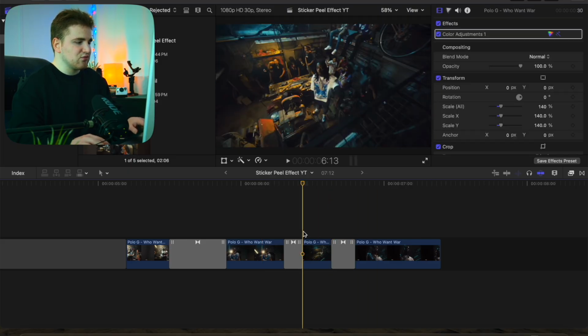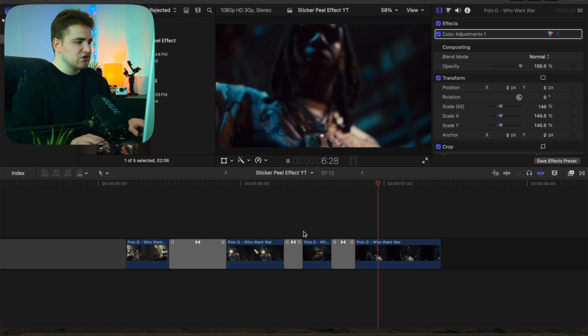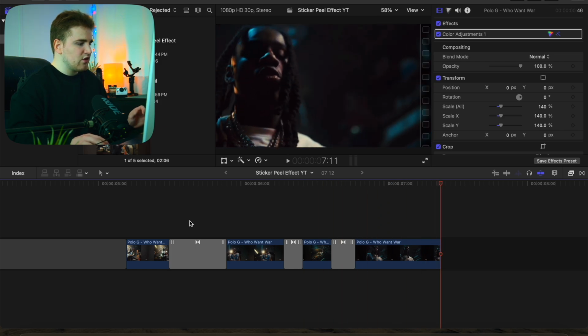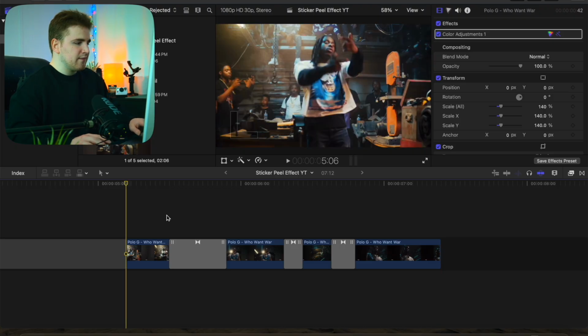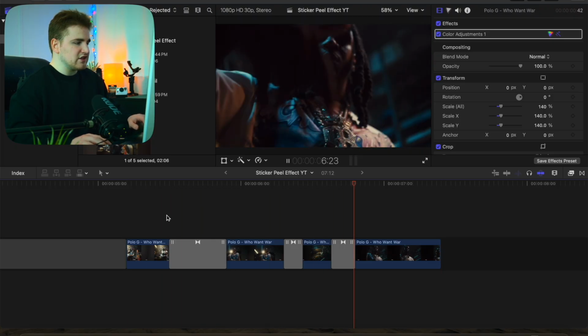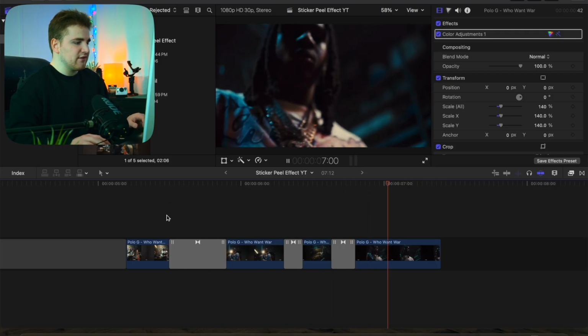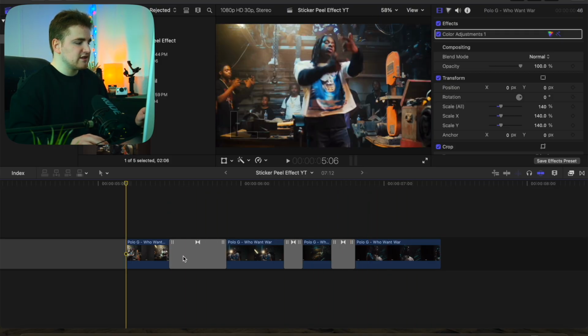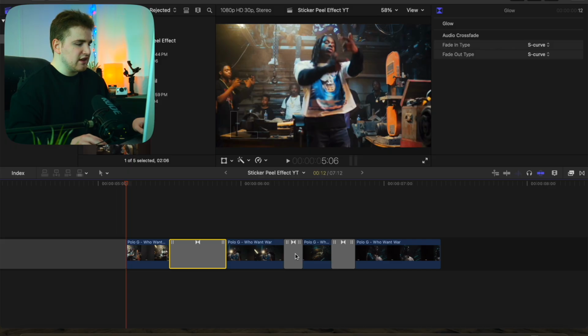As you can see, the whole screen just shakes, and you get this really cool camera shake transition. So if we head to the beginning, you can see this creates these really cool flashes, wipes, and shakes, and it just adds so much energy and life to your music videos. I'm going to go ahead and select all these transitions and just delete them,